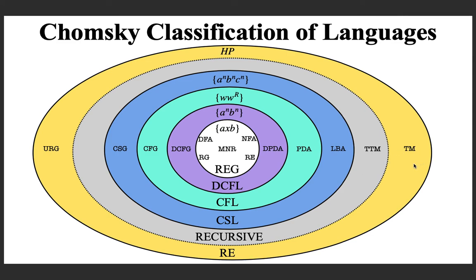And in general, a Turing machine is allowed to loop or not halt or not stop for an input, and then the language is called recursively enumerable, and the corresponding grammar is called unrestricted grammar. An example of such a language is the halting problem, and all these languages which we discussed here are recursive. So this is the Chomsky classification of languages, and these are the various topics that we are going to learn in this course.